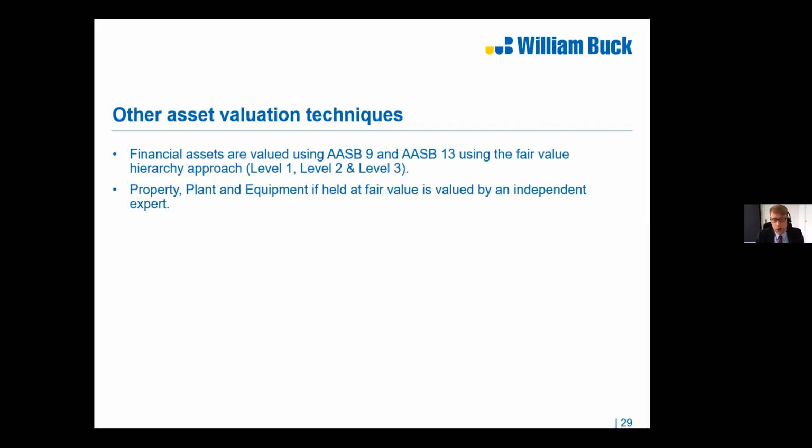Obviously, under these standards, we have the hierarchy approach, level 1, level 2, level 3. Level 1, for everyone's information, is quoted market prices. So that's quite easy to test whether or not there's an impairment charge there or not. In terms of level 2, there's observable market inputs such as FX rates, property valuations in the area, and such like, and then level 3, which is mainly unquoted investments, which is probably where a lot of focus is going to be this 30 June, given the impact of COVID, and it's going to be quite hard to value these investments. So if you do feel like you have level 3 investments on your balance sheet at the moment, it's something that you really need to be aware of and look into as we approach